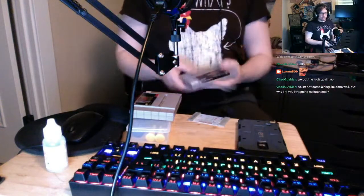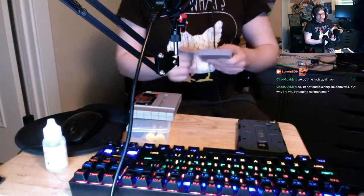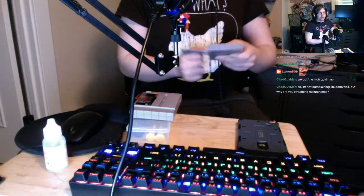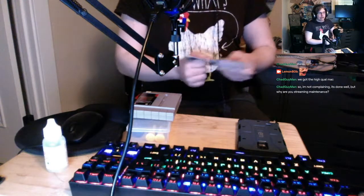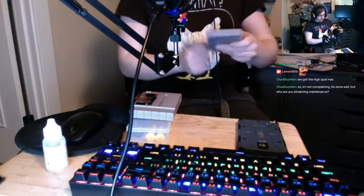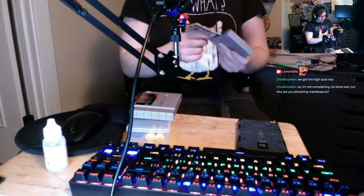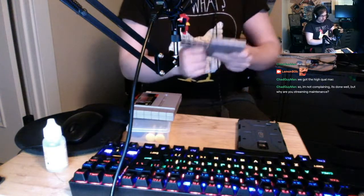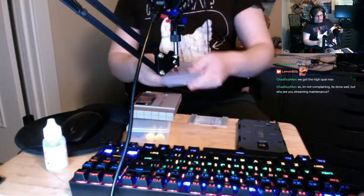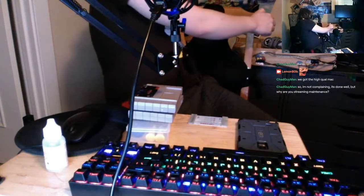Mortal Kombat 2. This is the SNES version, so it doesn't have the blood. Only the arcade and the Genesis versions have the blood, and in the Genesis version, you have to type in a special code to get the blood anyways. I don't know the code, but there's some sort of input. This is just the inputs that you have to do, and then it activates the blood. But that's only on the Genesis, which I don't have this for. I only have it for the SNES, and it does look better on the SNES,